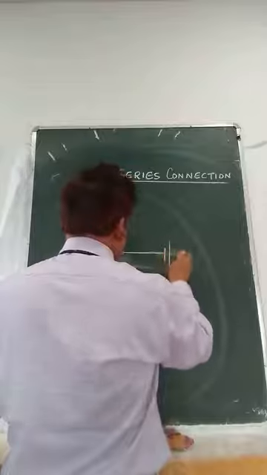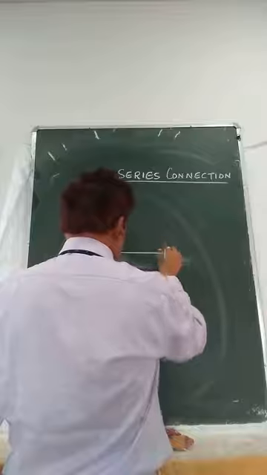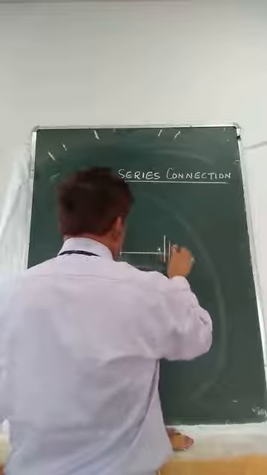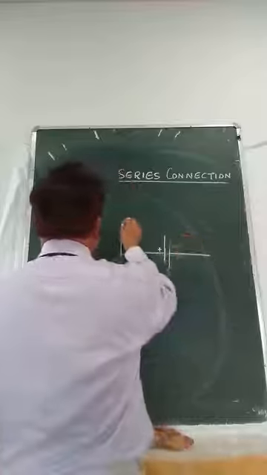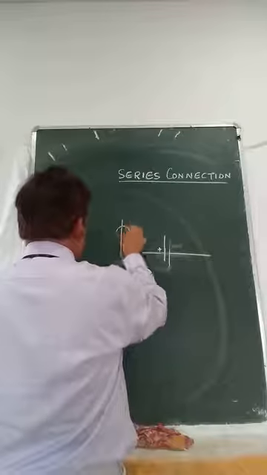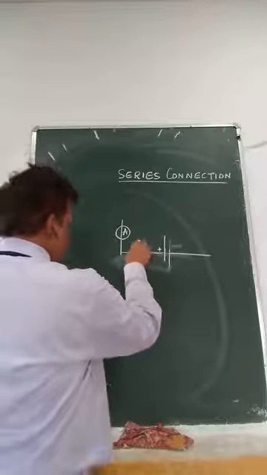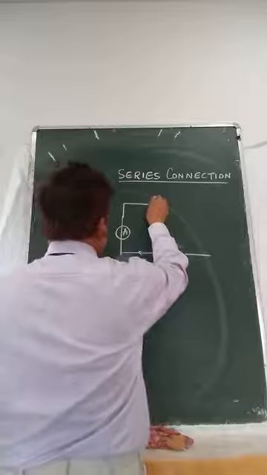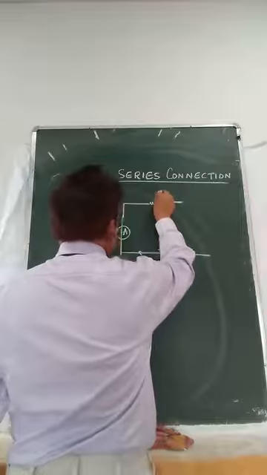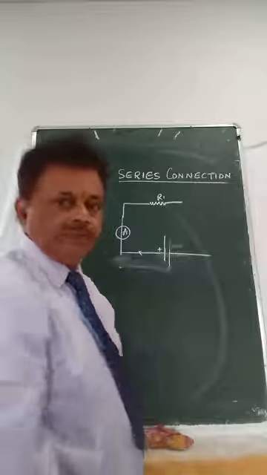Here we have given a potential, or if I take this as plus and this as minus, then the current flows here. Here is the emitter. Current will flow like this. Now what you do is you connect a resistor here, resistor R1. One piece of resistor you are putting here.